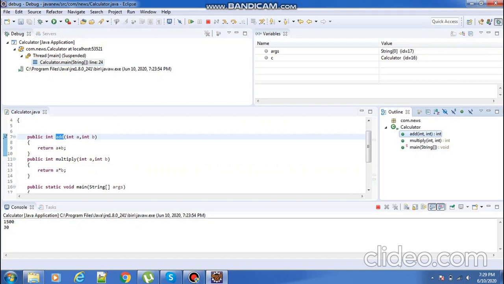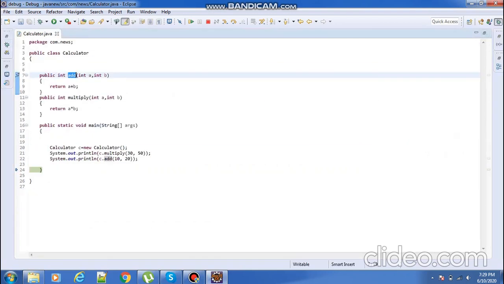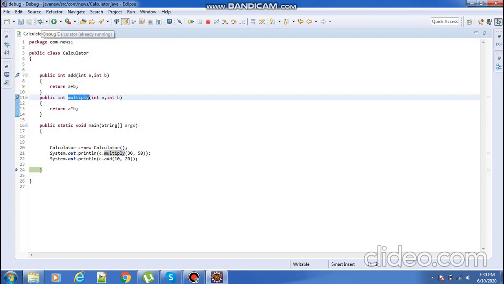So now we can debug this multiply also. So adding debugging is completed. So now I'm going to debug from here.